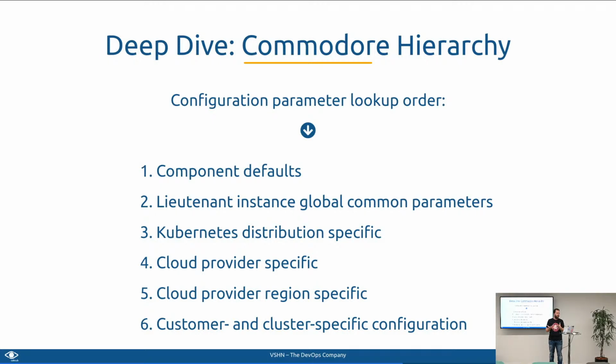So as you see, the deeper you go into the hierarchy, the more specific the configuration is. So you're able to override on a tenant level, on a cluster level, or on a cloud provider level, depending on your needs. And this helps to have a common configuration across all your Kubernetes clusters, but also have a common configuration per customer or per cluster. This hierarchy is currently hard-coded. We are working on a feature to make this configurable in the end.